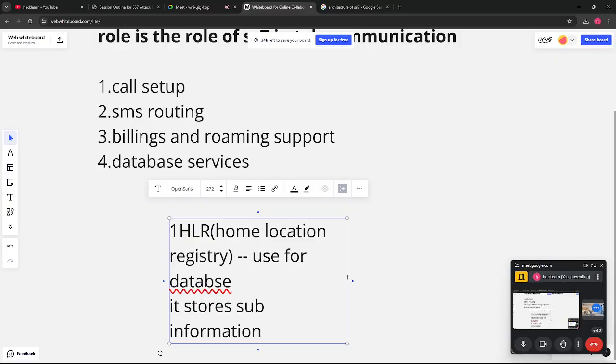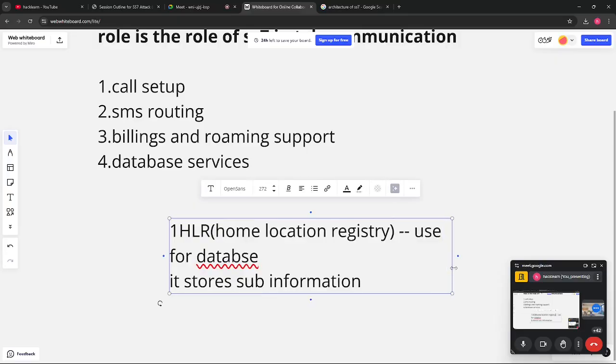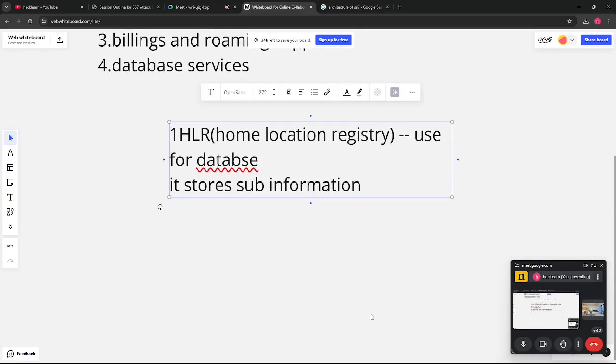It basically stores all the subscriber information, whatever data you are putting there. Location tracking is also done using HLR, because whenever a subscriber moves from one location to another, the HLR updates their current location by communicating with the VLR, the Visitor Location Register. If a user is traveling from Mumbai to Delhi, the HLR updates the VLR with the subscriber's new location.